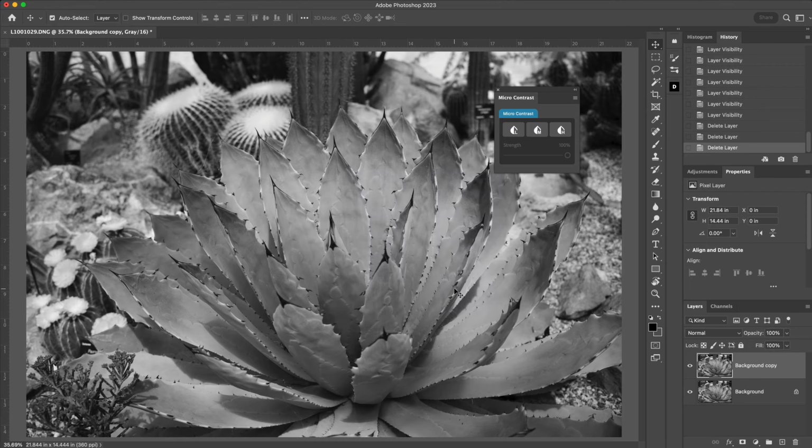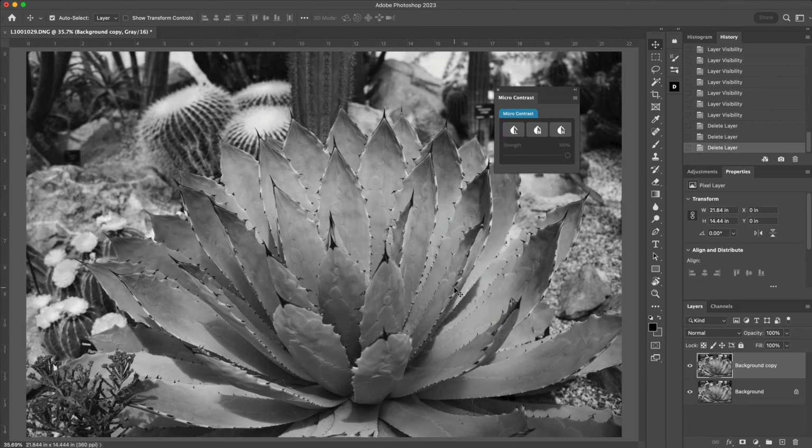So let's look at the micro contrast. Now, depending on the image resolution, that's going to determine at what level you want to apply this micro contrast. If you're just working on a very small image, say for JPEG distribution, that might be something like a 1800 to 2000 pixel wide image, you might find that applying the low level of contrast is